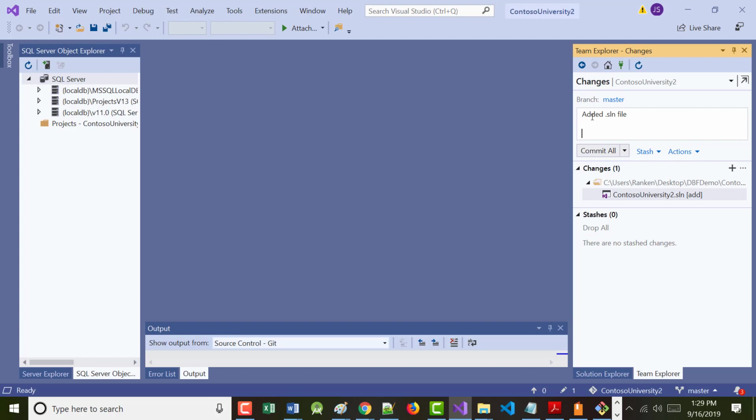And I put in here added blank solution file for application. Now, I could be much more picky here. I could have said added blank solution file for the ContosoUniversity 2 application or whatever.